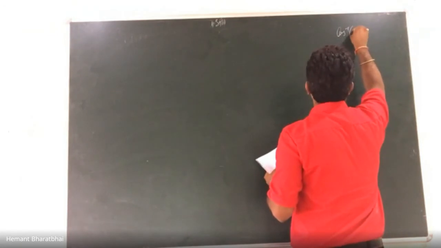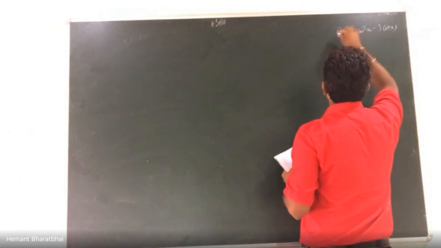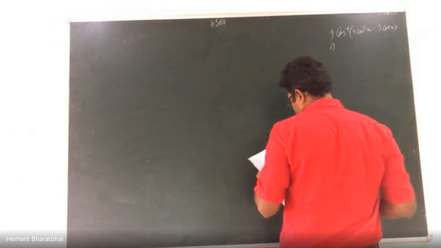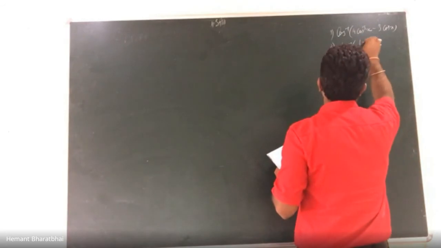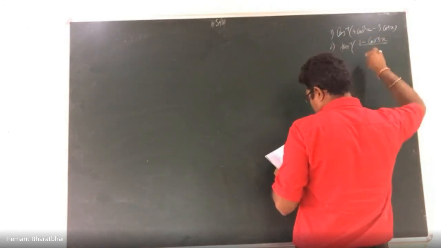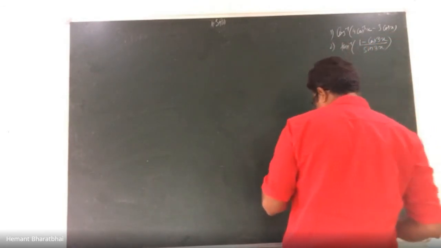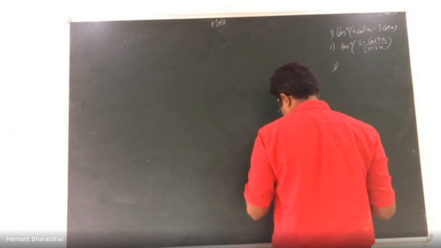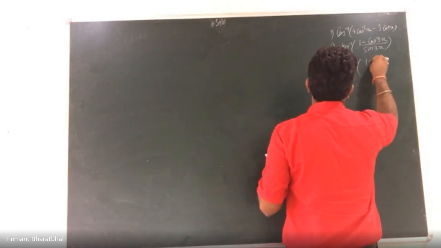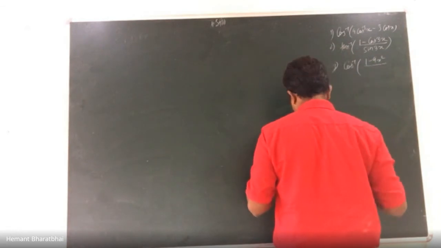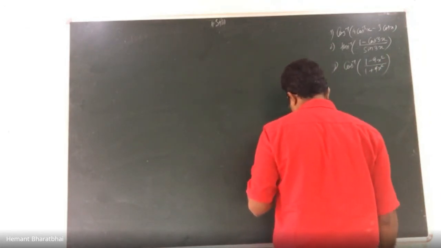Cos inverse of 4 cos cube x minus 3 cos x, then tan inverse of 1 minus cos 3x upon sin 3x, then third, cos inverse of 1 minus 9x square upon 1 plus 9x square,